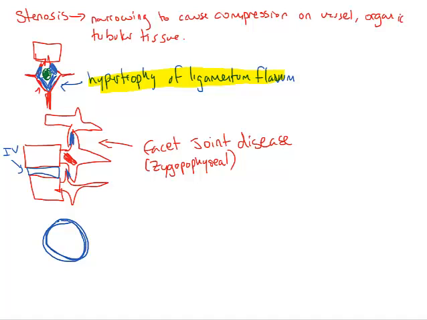I think the best analogy for this is a jelly donut. You have this tougher outside, and on the inside you have this nice, juicy pulposus. So the inside is called your nucleus pulposus,